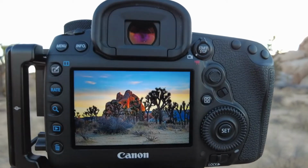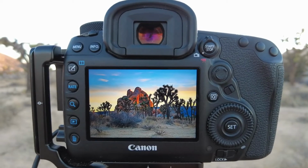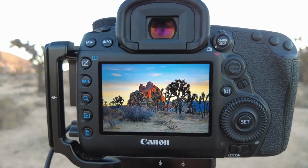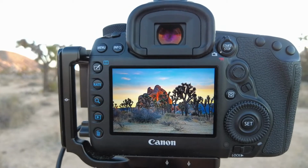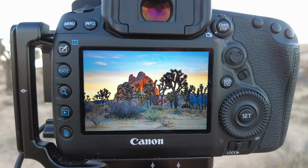Now this is an HDR version of the photograph, and it is really a highly stylized version. I'm using what's called Art Bold in the Canon's HDR, which gives it sort of this look. I don't know if at the end of the day when I put them together in Lightroom whether I'll have them look quite as